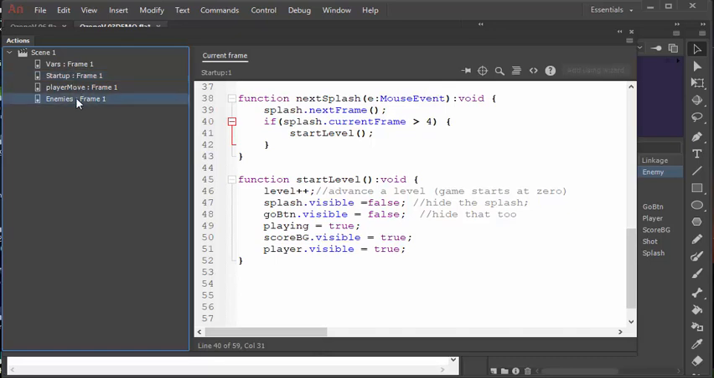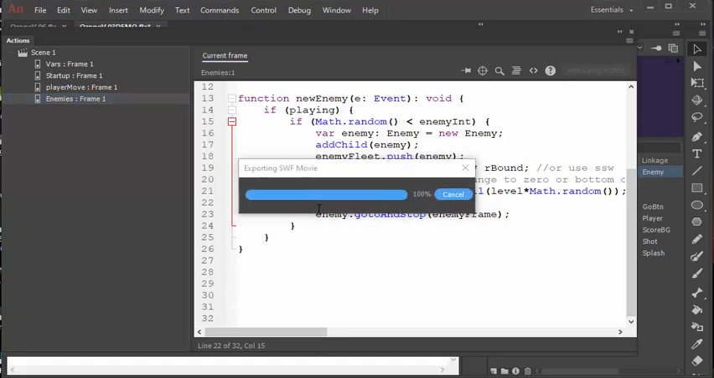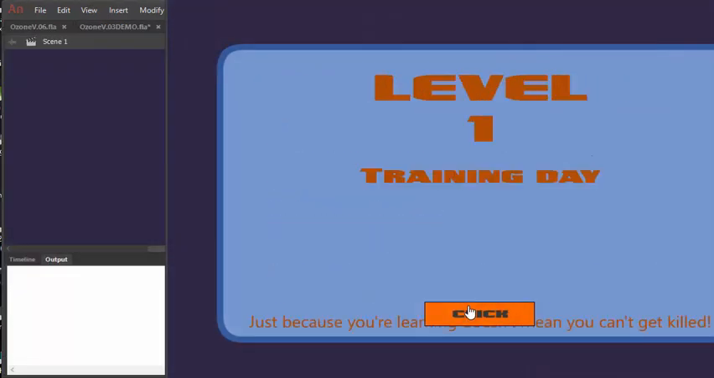So let's go back to enemies. Okay, we did the enemy frame thing. Instead of saying go to and stop 1, we're going to say go to and stop enemyFrame. Copy, paste, and let's comment that out. So now it's going to work with different enemies. Now we have a thing in place that takes the enemies and puts them in place,